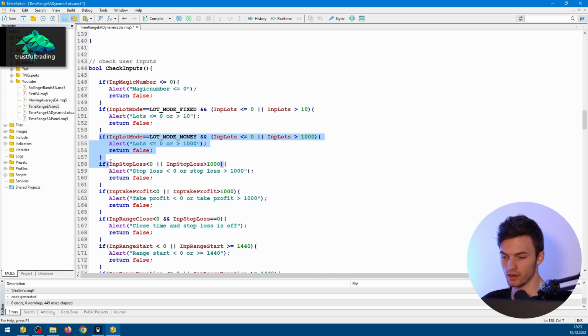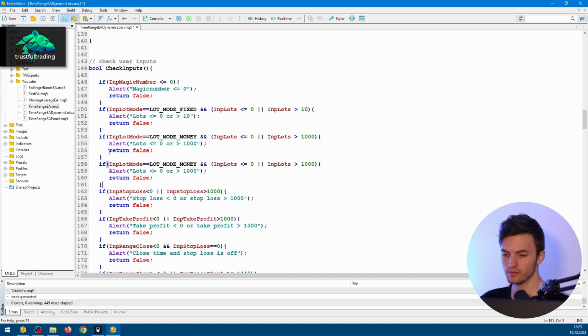Okay, and now the last option, lot mode % of account, and in this case the lot input should not be below 0, of course, and maybe let's say 5% of the account is the upper limit. So we also change this here,